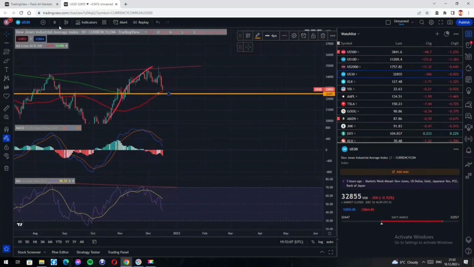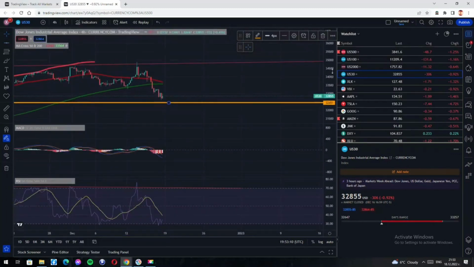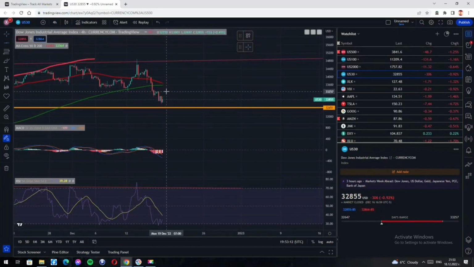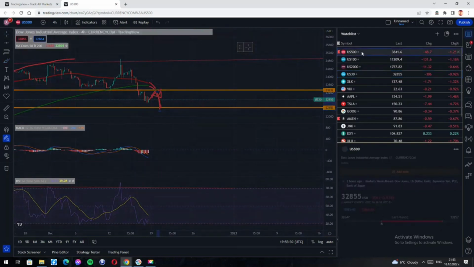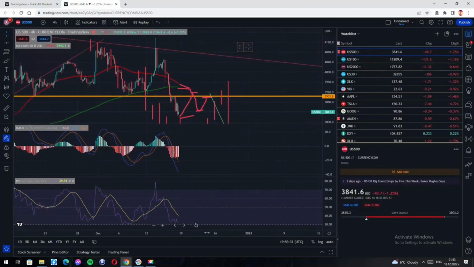But also, I believe that on short-term time frames, we will get some form of bounce during the first days of the week. Then we will drop and end the week right around this level. I believe that the moving average will cross around here. Something like this will occur, and then we will fall down. So let's take a final look and wrap up this video.